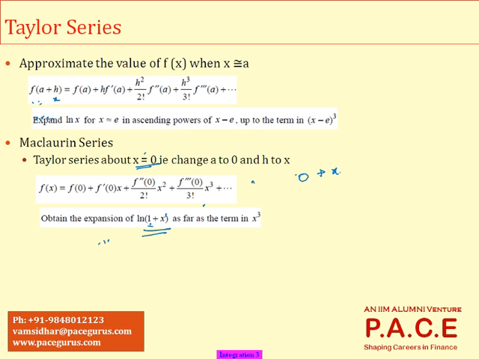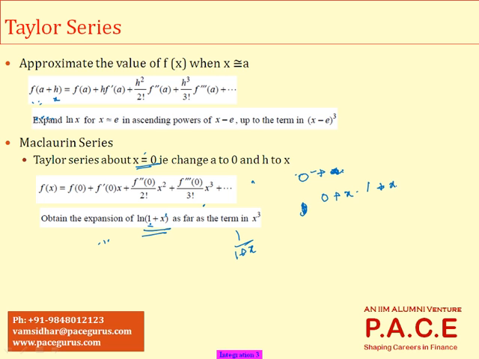X into x is here log 1 plus x. So when I want to expand log 1 plus x, I'm simply putting f of 0. f of 0 is log 1. Log 1 means 0, plus f dash of x. What is f dash of x? 1 by 1 plus x. 1 by 1 plus 0, which is 1